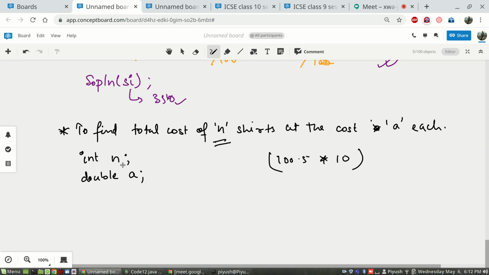Are you getting this? Therefore, the total cost, let's say I denote it by TC, the product of n into a, will be double type. So instead of writing it separately, you can write it at one single place also.